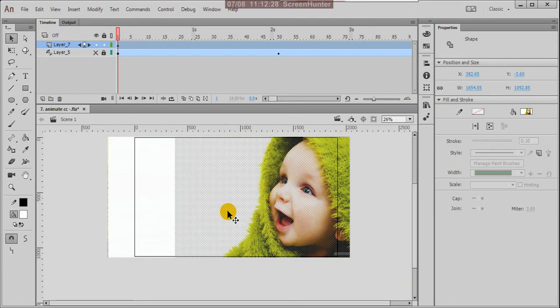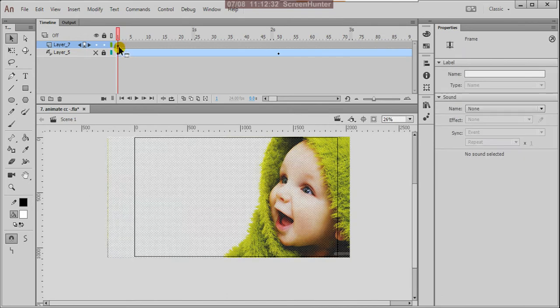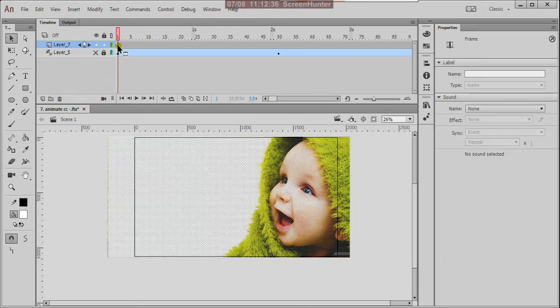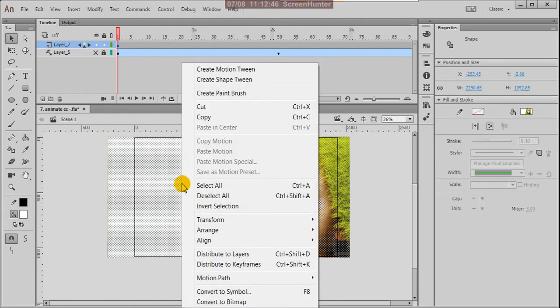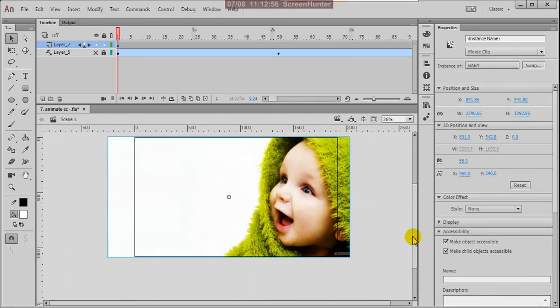Now what I'm planning, I want to animate this. Suppose here, right click on that, convert to symbol and name it baby. Save, okay.